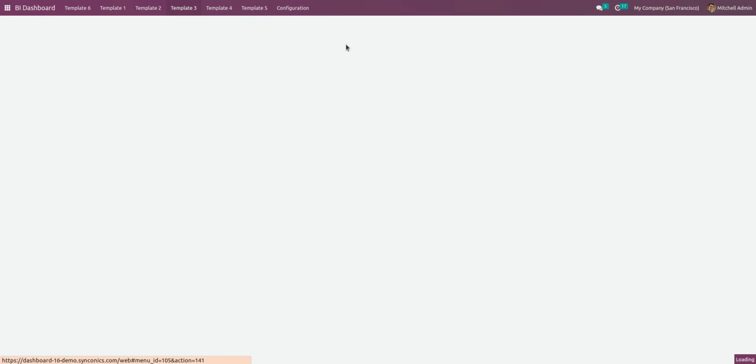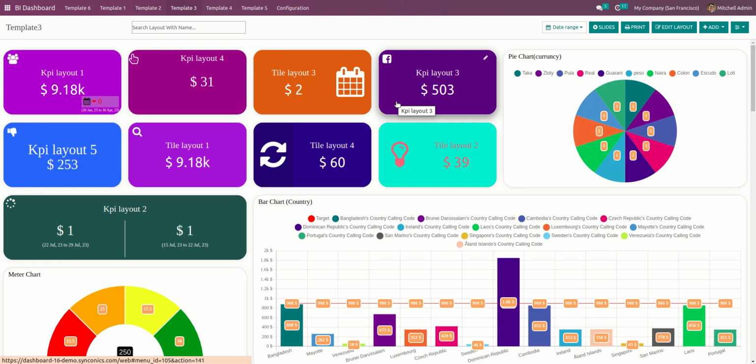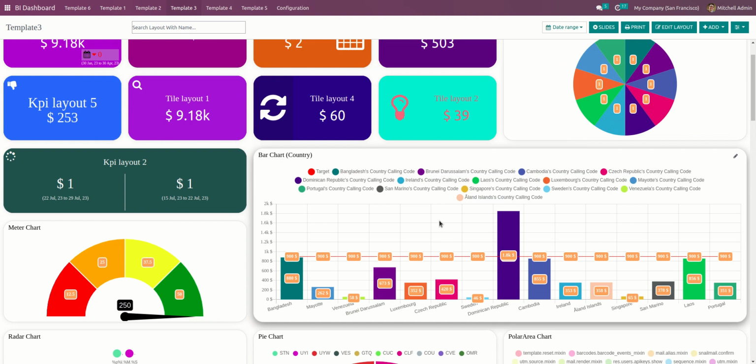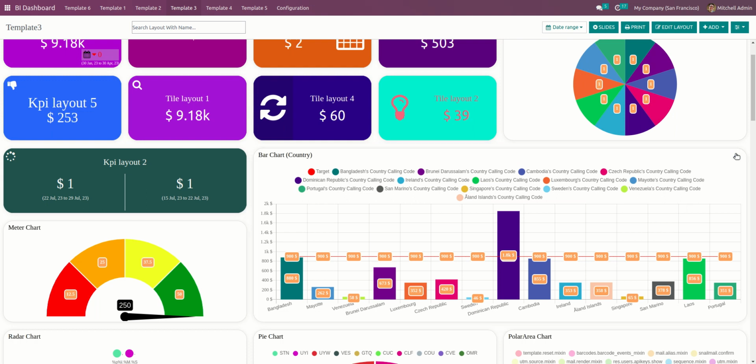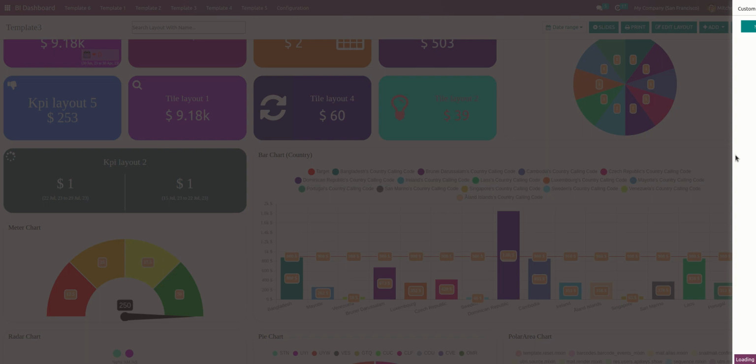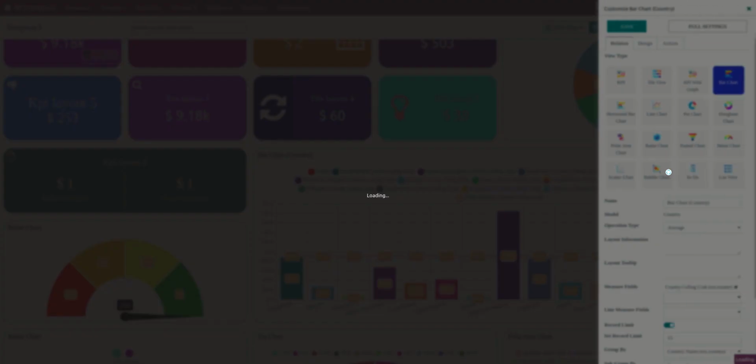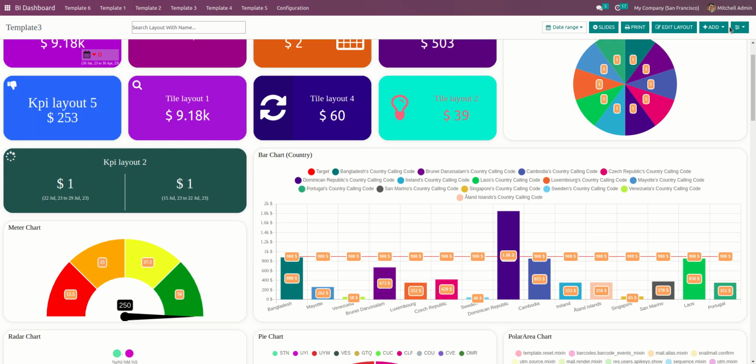So I will open that particular bar graph and will show you detailed operations, how these operations will be managed, whatever kinds of functionality are there regarding the bar graph, I will explain it to you. Okay, so let's take an example. This is the bar chart of country. Okay, so let me go to the full settings by quick layout. Okay, let me go to the full settings.